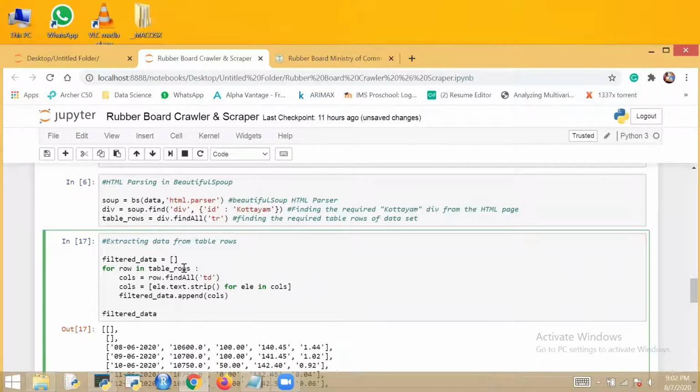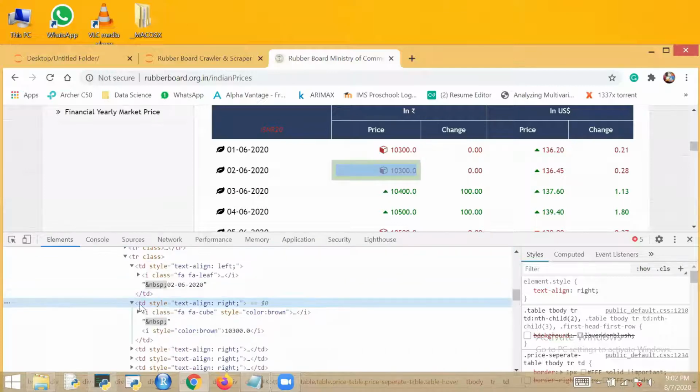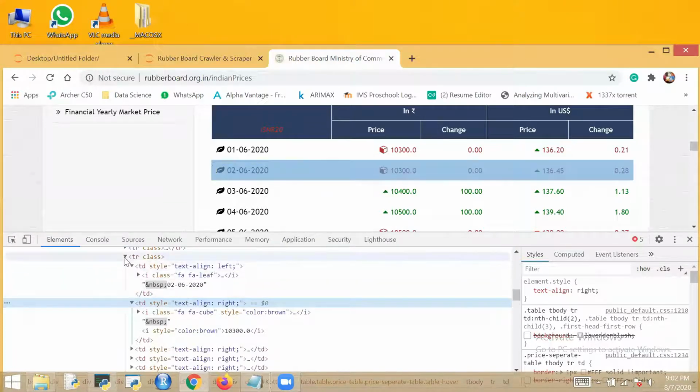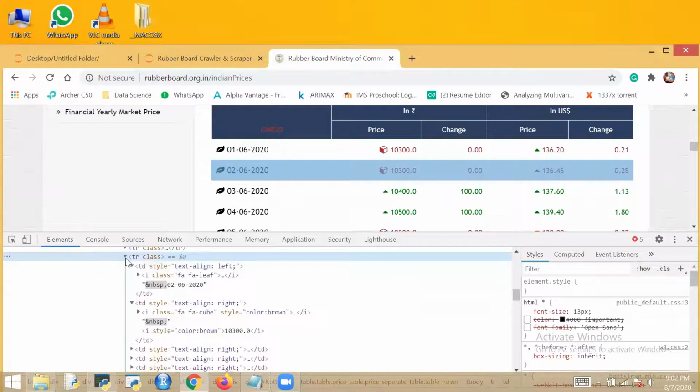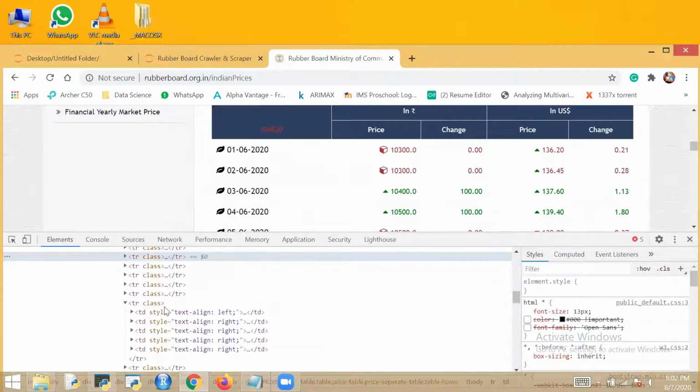For row in table rows, I will extract those elements with find all TD. Wait, let me close it again and open. Okay, for one table row, I will do find all TD. So these 5 table data I will have.